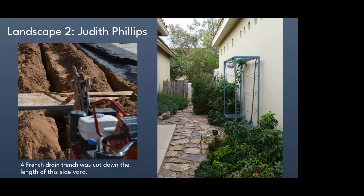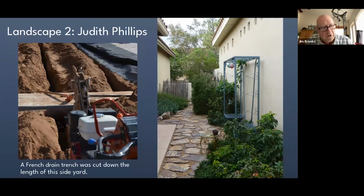So Jim, actually the question was, when calculating the depth of the basin, you obviously have to dig the basin deep enough to absorb any water you might expect from your calculations from your roof. The question is, do you have to make the basin deeper to accommodate the mulch layer? I think the answer to that is probably no, because the mulch is full of pores that will absorb the water, right? Yes,